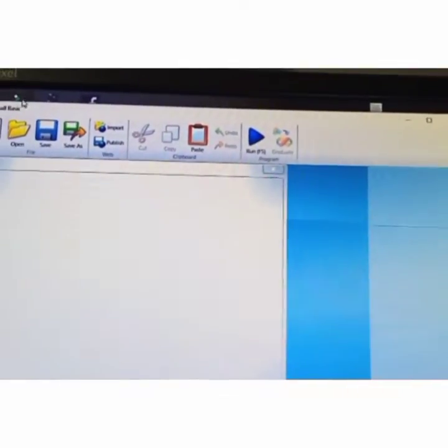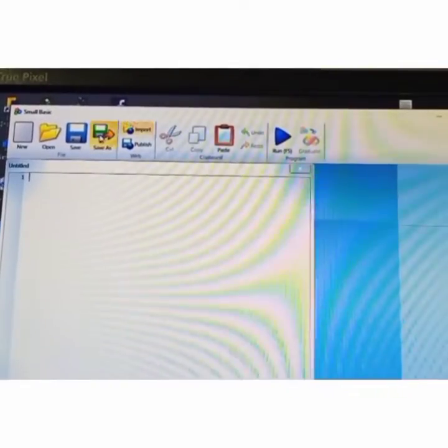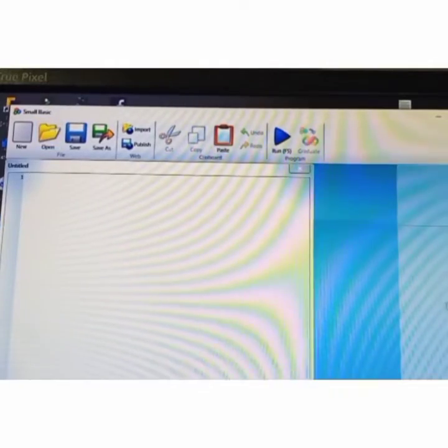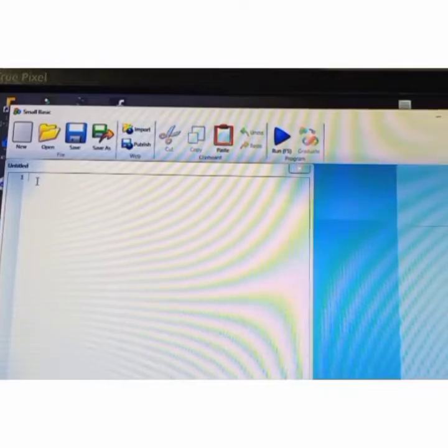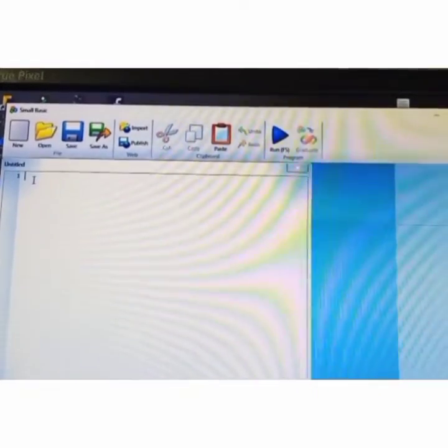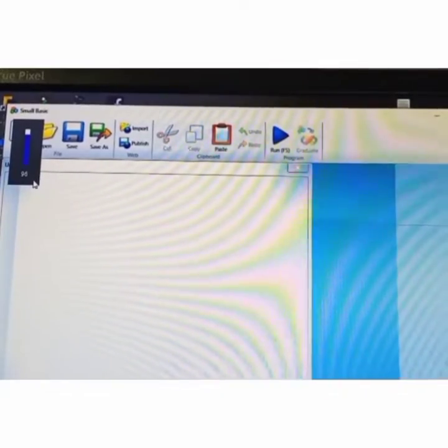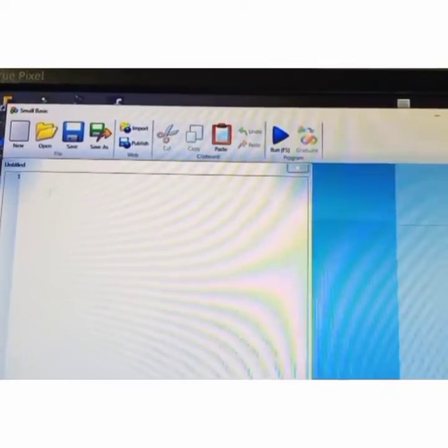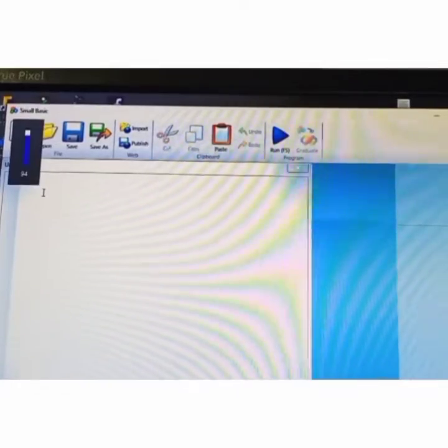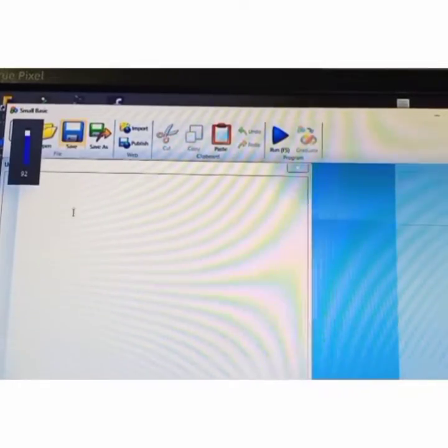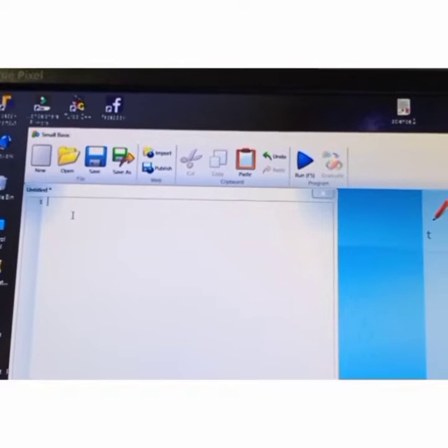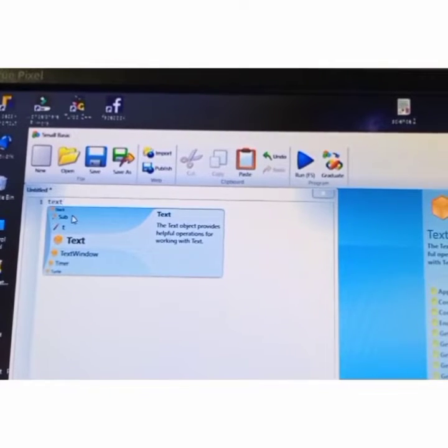This one is the title bar, then this is the toolbar. It consists of many commands: New, Open, Save As, Undo, Redo, then Run. Everything is there. Initially your program's title is Untitled only. You can change your program name by clicking the Save command here. So here I'm going to write a simple program.